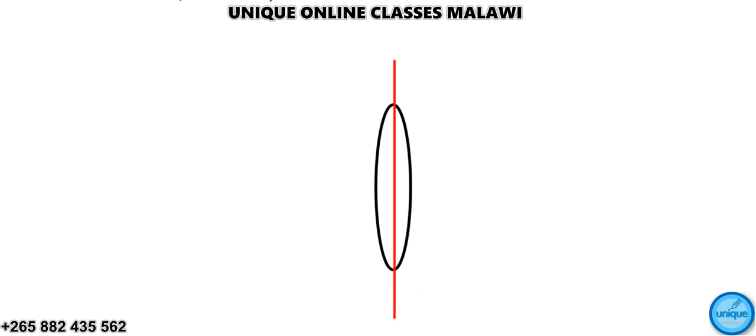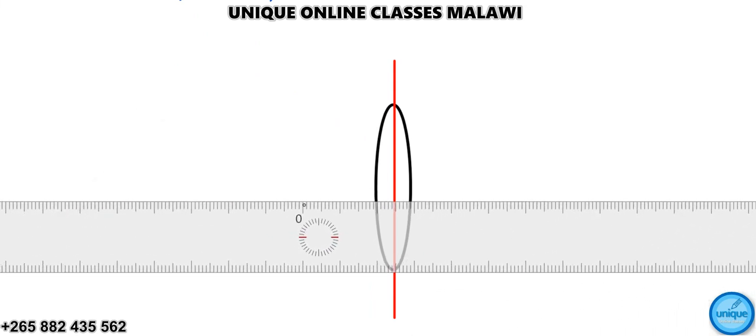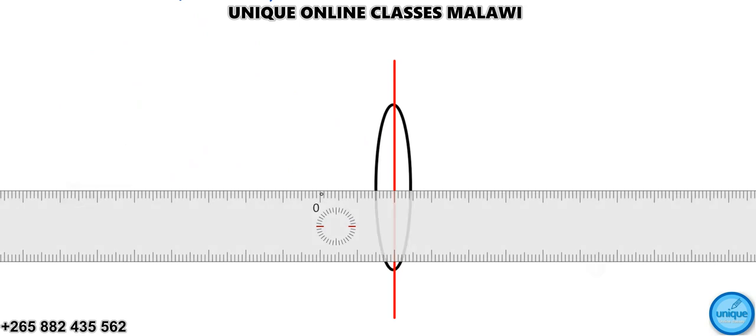And we have a principal axis. A principal axis, this one is the line which is perpendicular to our optical axis. So let me have my rule again, and I should draw a line which will be perpendicular to our optical axis. So this line here, blue line, that's our principal axis. Now I should divide this one into